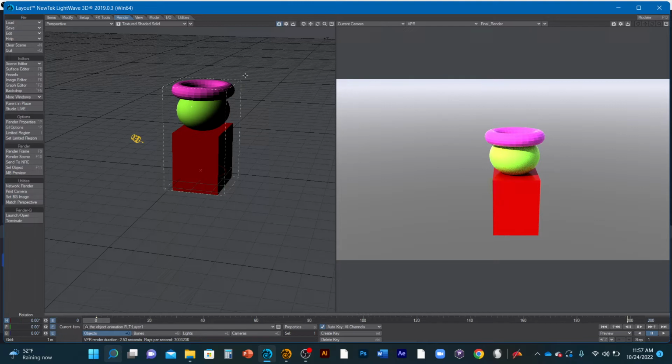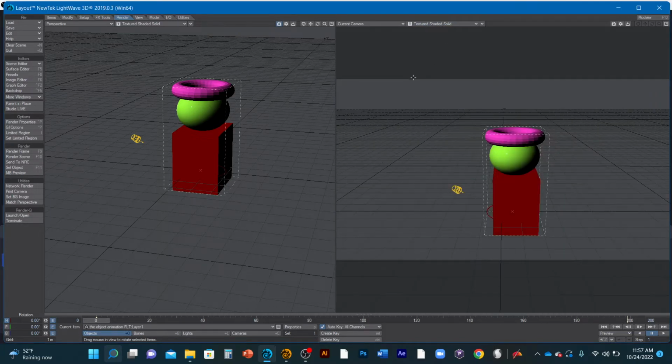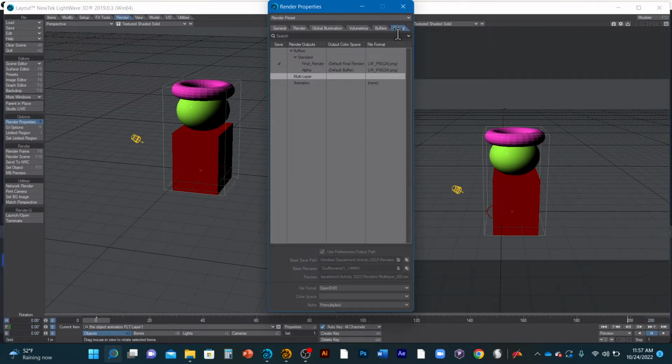So once you are in the layout and you want to animate it, you can go back to this texture and you want to render it. What you have to do is go to the render property tab over here and click on render properties. Click on that. Then you have to go to output and click on animation